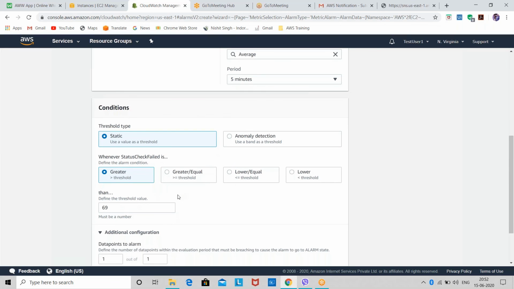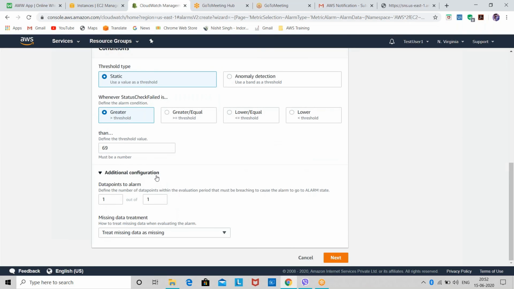Then you can also do additional configuration, like datapoints to alarm, defining the number of datapoints within the evaluation period. One out of one, basically. Datapoints to alarm is for when you are doing health checks. If you select 2 out of 5 health checks being unhealthy, then they'll send you the mail.